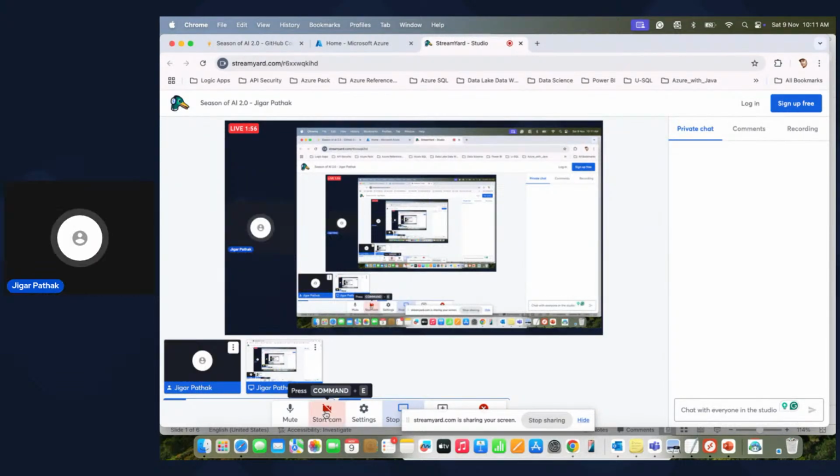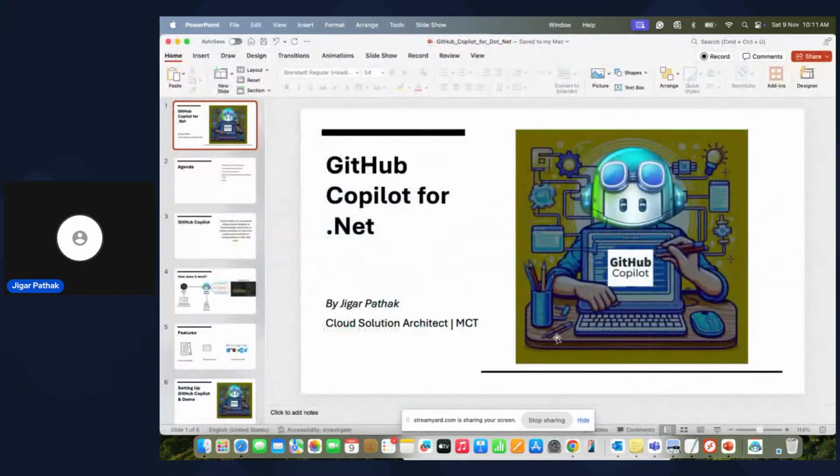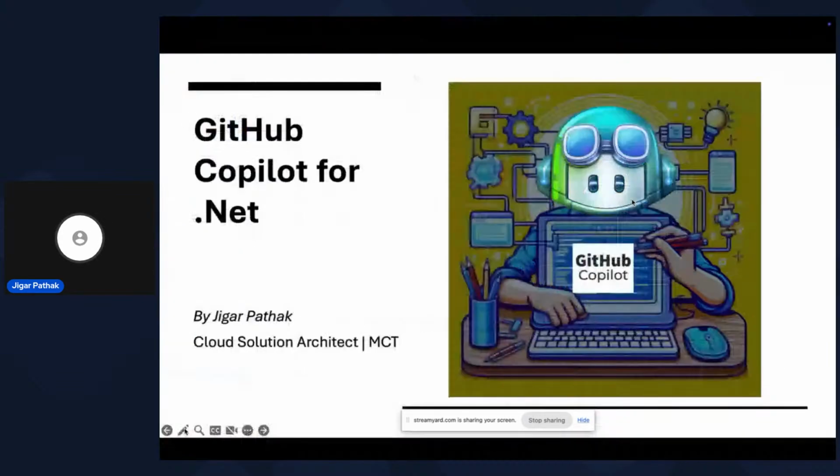First of all, I'll take you through the concepts, and it will help you understand how GitHub Copilot is going to work, and what scope or options we can have in place, and then accordingly you will be able to visualize what the scope behind it is. So here we will be discussing